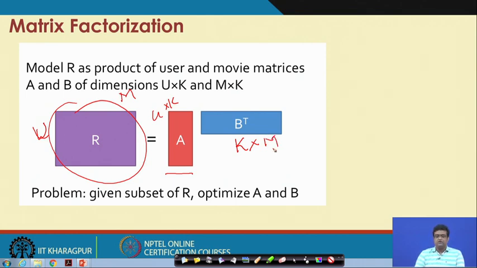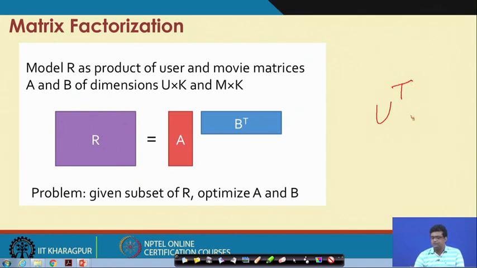In other words, you have to find some latent features for users and some latent features for movies, such that if you take the user U features and take the dot product with the mth column of B, you get the rating R_UM.